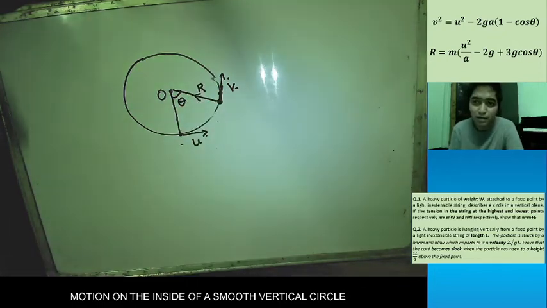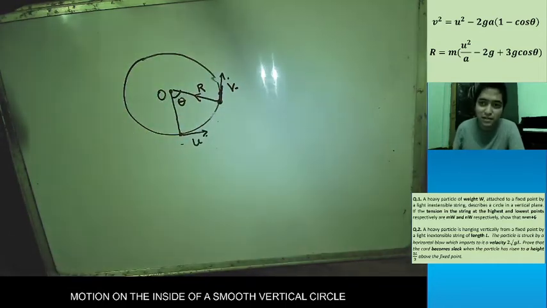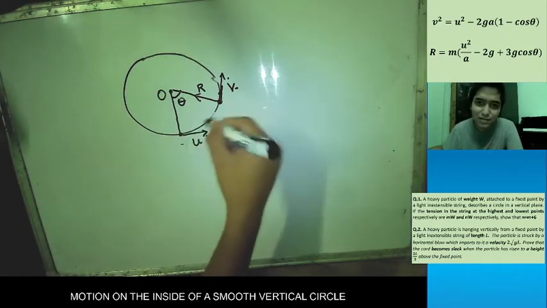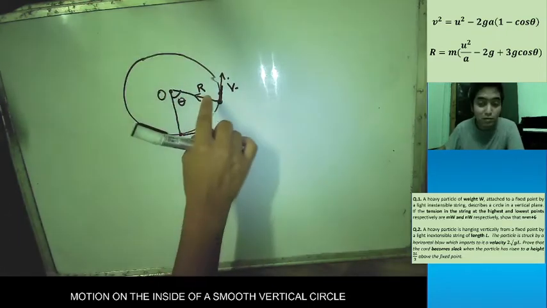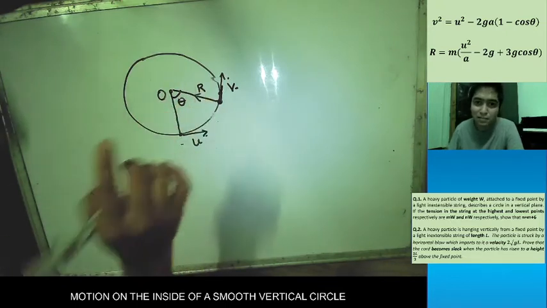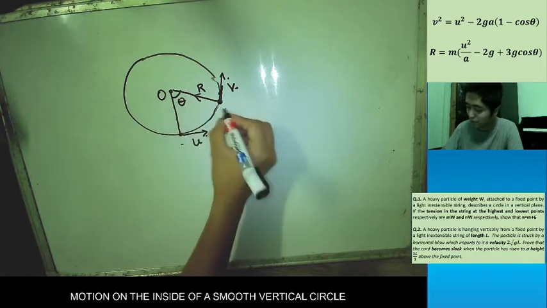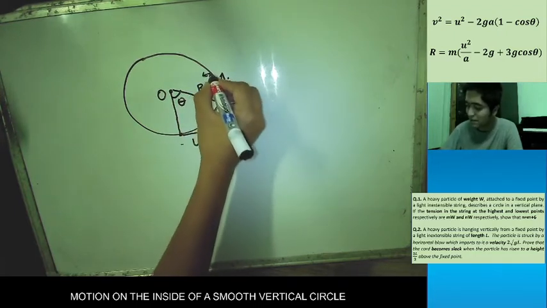Over here, what we were discussing is when the particle was moving inside of a circle, just like the example I gave you of a motorcyclist doing some stunts and going around the circle. Let me mention again, this normal reaction is what keeps the motorcyclist from falling to the side. If there is no reaction from this surface,